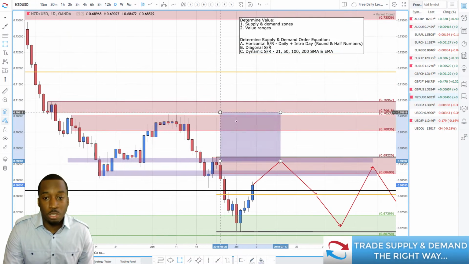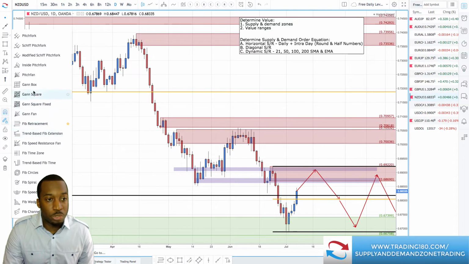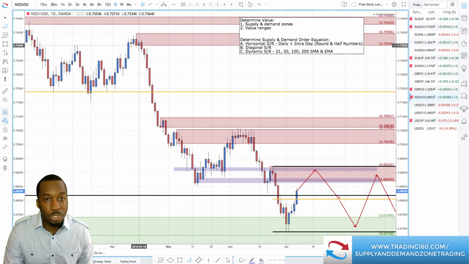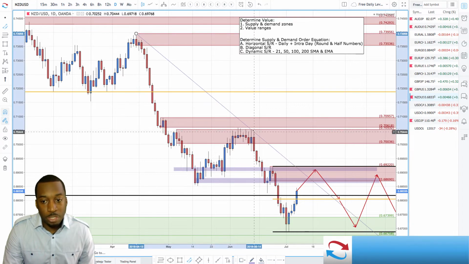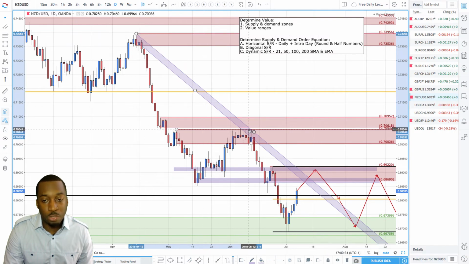We also look to see if we have any diagonal support and resistance, right? Because we know that we've got potential trend traders. Here we go, parallel channel. And I just use this simply to look for where trend traders,